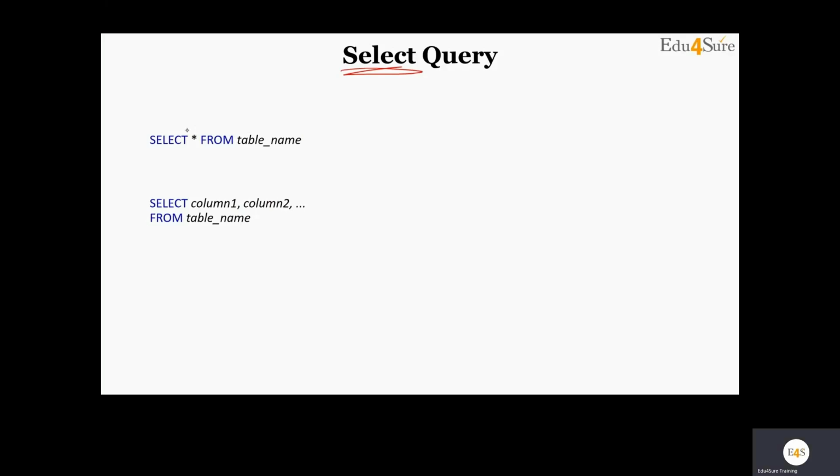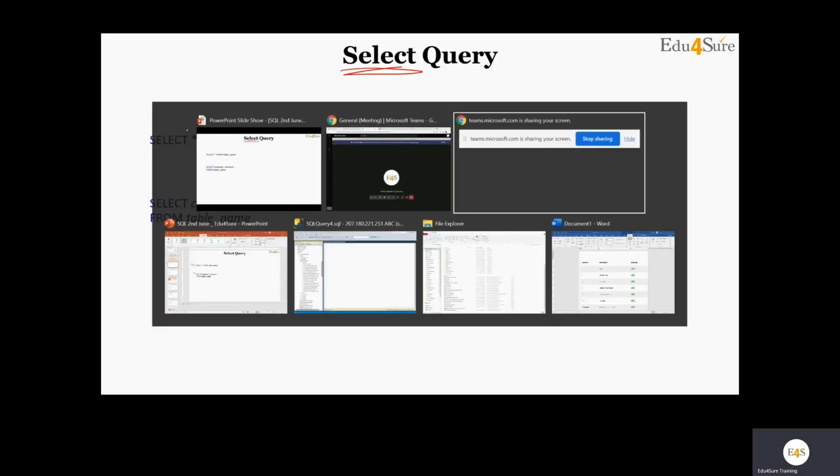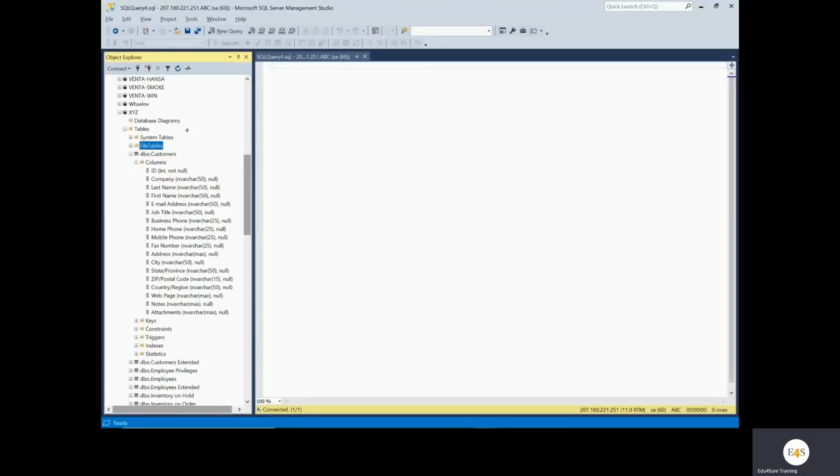Let us see this practically in our SQL Server. I want to write a query on my database XYZ. So how do we do that?